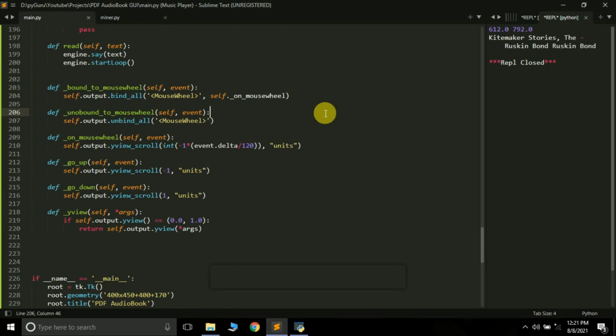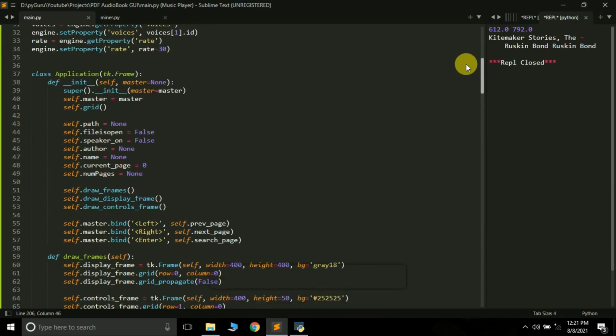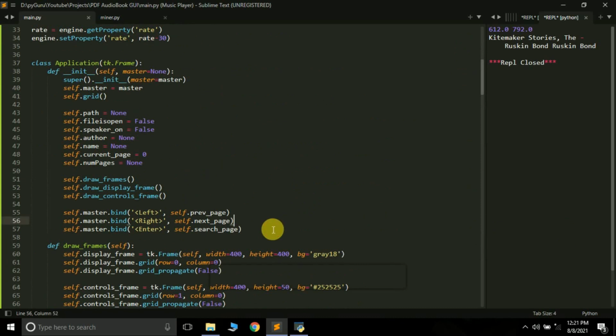So bind all mouse wheel, self.on_mouse_wheel, it's correct. self.output.unbind_all mouse wheel, it's also working correct. self.y_scroll int -1 multiplied by event delta 120 units, -1 unit, 1 unit. I have to do something here, I guess. This will be the last thing that we are going to do in the project.